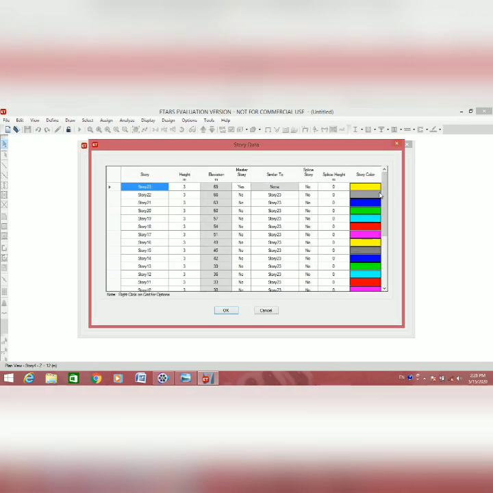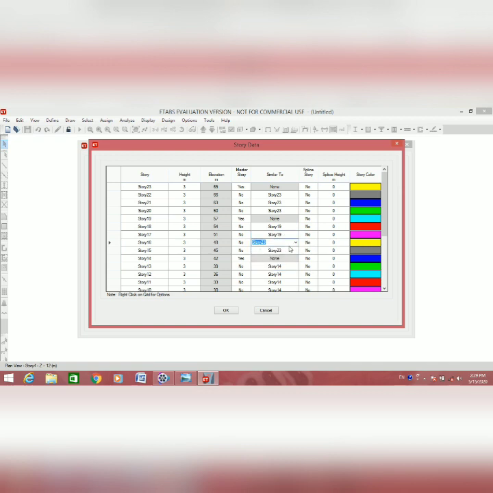For customizing the space between each pair of grid lines in the z direction, select story 8 as the master story, then select one by one all the stories, with 14 as a master story and 19 as a master story.